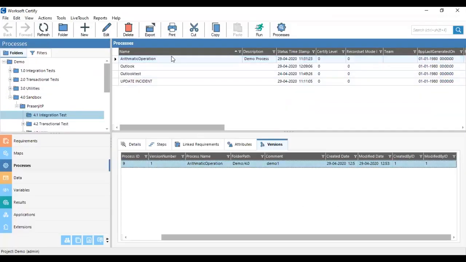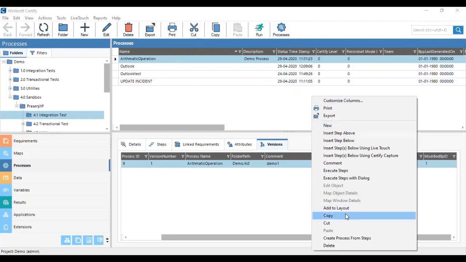Okay. Now I'm modifying something in the current version. I'm opening the current version of the process. In the steps, I'm deleting some steps. I'm deleting these three steps which are highlighted. One is calling the multiplication process, one is calling the division process, and another step is the exit process. I'm right clicking and deleting these steps.